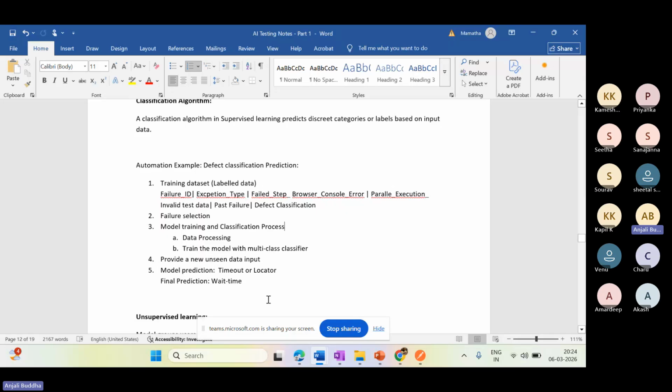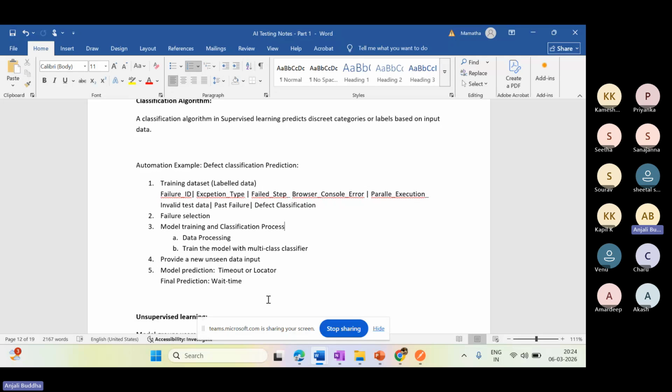Here we can store the different types of failures in the automation. Out of 10 different types of failures, sometimes it is a timeout issue, sometimes the locator is not able to locate, sometimes a network issue. There are different types of issues and exceptions that we will receive.